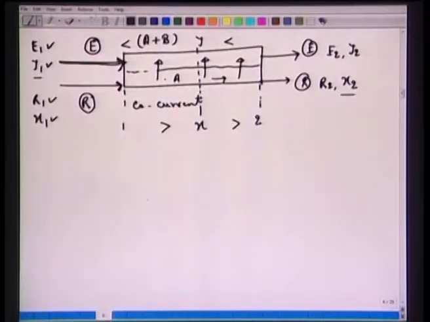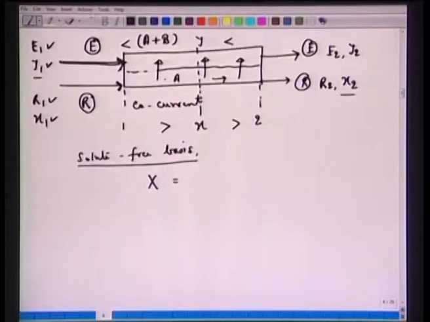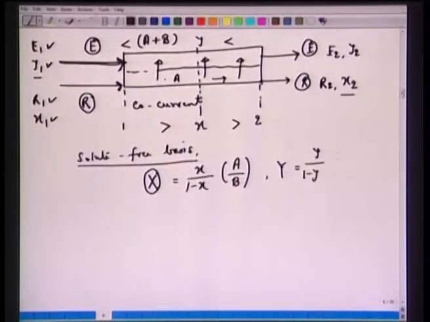Okay. Now let's also define one more quantity. If you recall, from stoichiometry, we have solute free basis. We will see what is the advantage of working on the solute free basis mole fractions. So if we define capital X as X over 1 minus X, all it means is the mole fractions on A free basis. So this is your A over B. Similarly, we can say capital Y as small y over 1 minus y. So this is your A over B in raffinate phase, in E phase, and this is your R phase. Okay, so we are defining capital X and capital Y. We'll see what is the advantage.